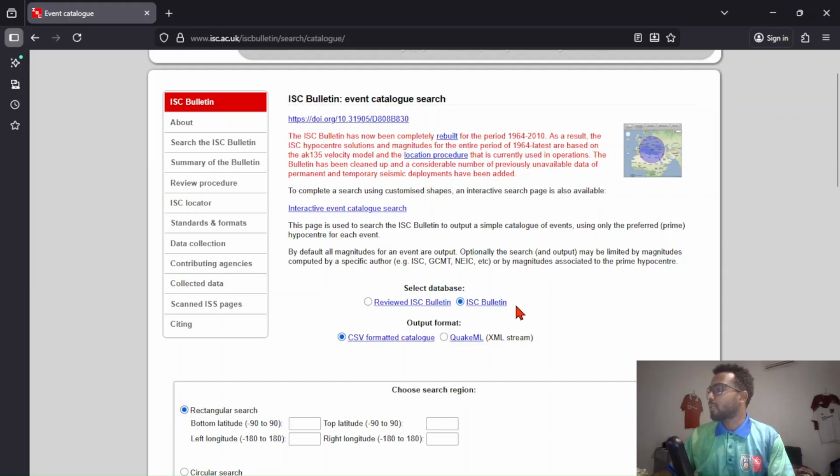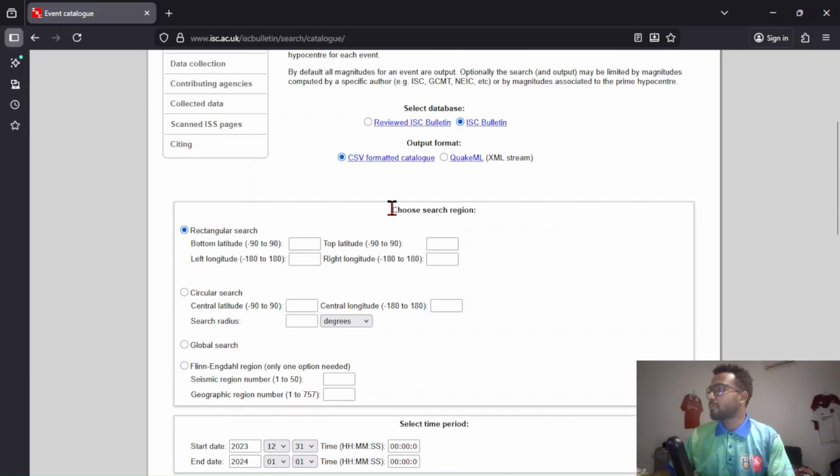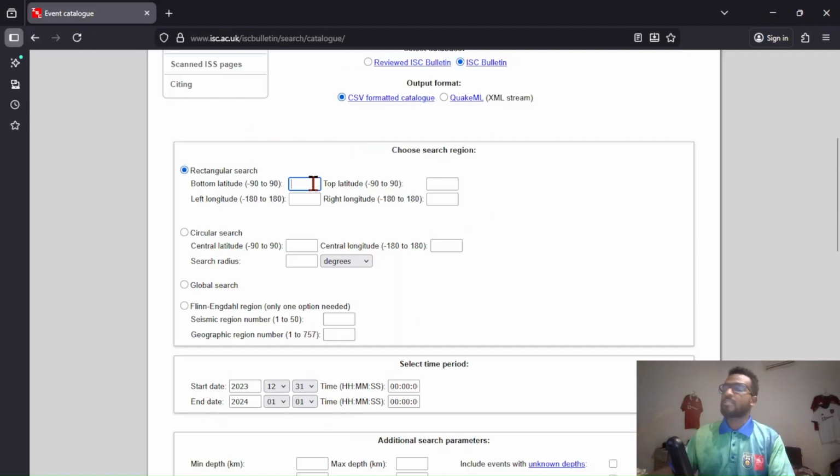You'll select a particular database. In this case we need the ISC bulletin and CSV formatted catalog. Then you search your region according to your particular research area, the extent. Like in this tutorial we will use the area from the Java Trench laterally through Papua New Guinea to the Solomon Islands, which the extent should be around